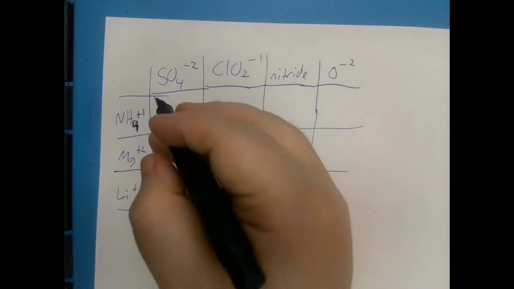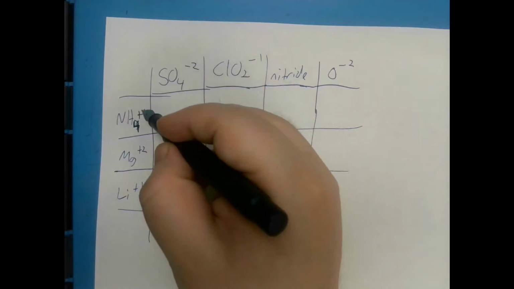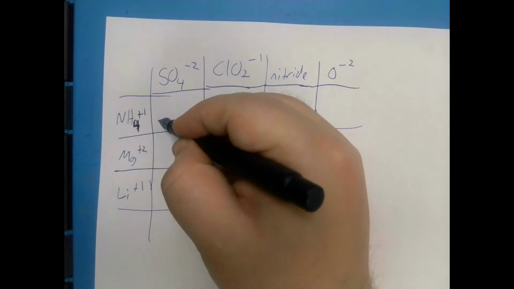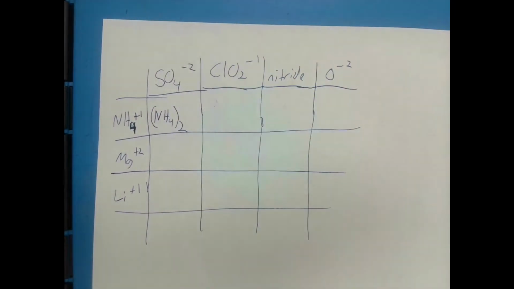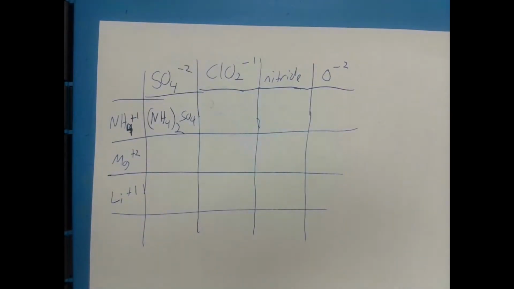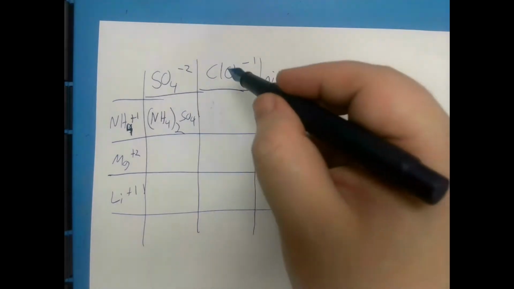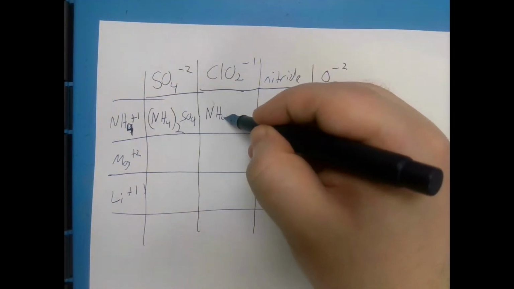So, simple grid. We have a plus 1 here and a negative 2 here. So we need 2 of these charges. So we put NH4 and we double it. And then write down SO4. We have a plus 1 and a minus 1. They cancel each other out. So just NH4